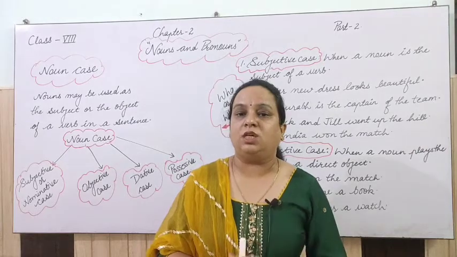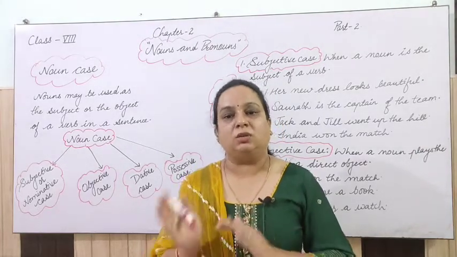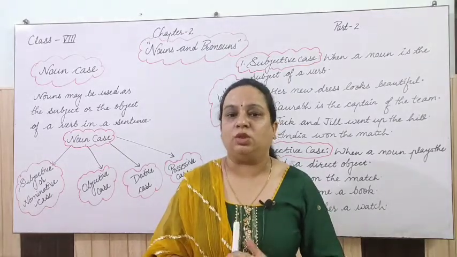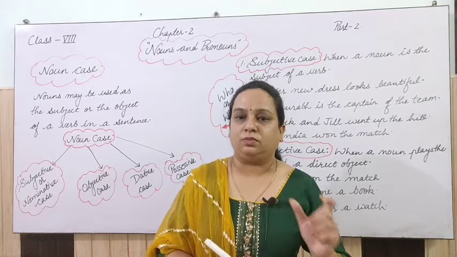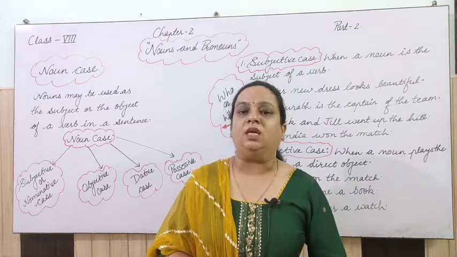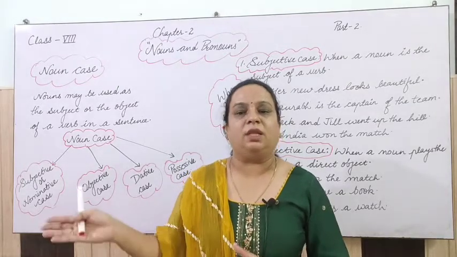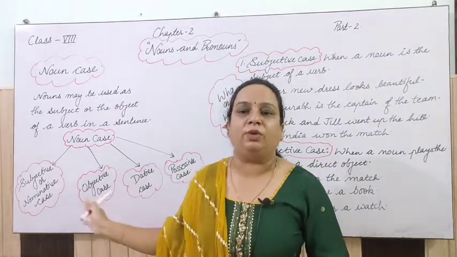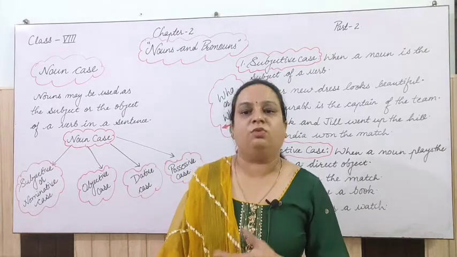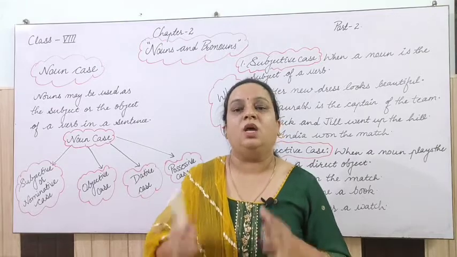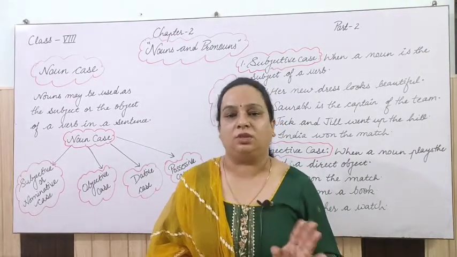And the object is what? The object comes after the verb, and the subject comes before the verb. You have to keep this in mind always, that the subject comes before the verb. In some cases it may happen that it comes towards the ending, but when you have to get this noun case, it will work as a subject. The subject will work as a noun. And the second thing is the object. The object you will always get after the verb.